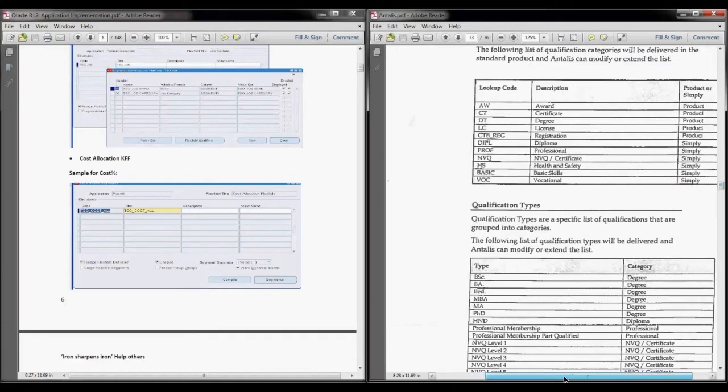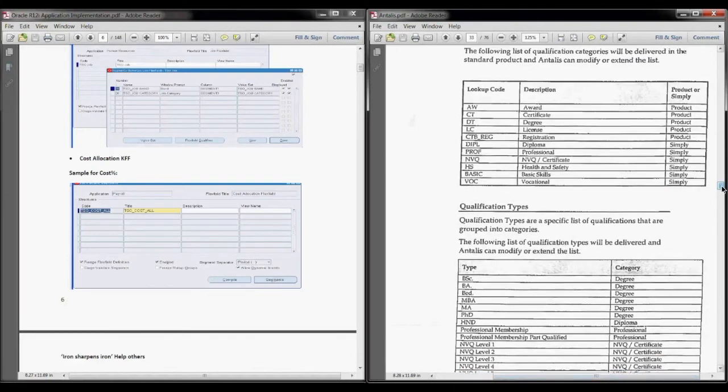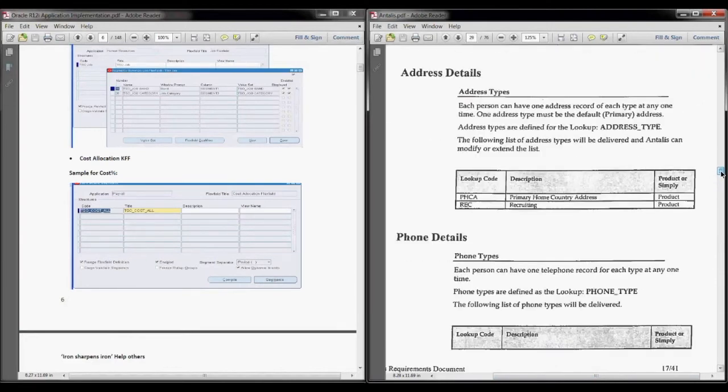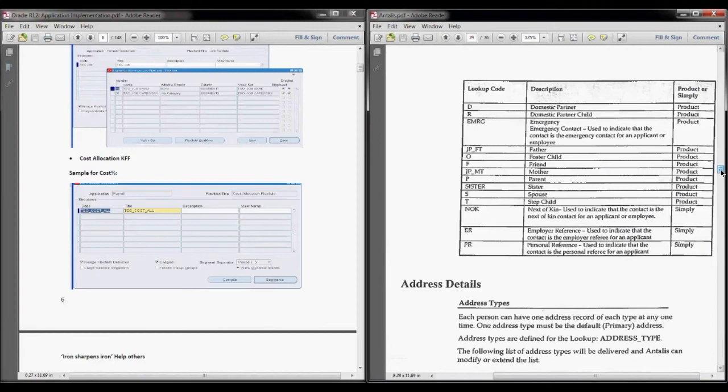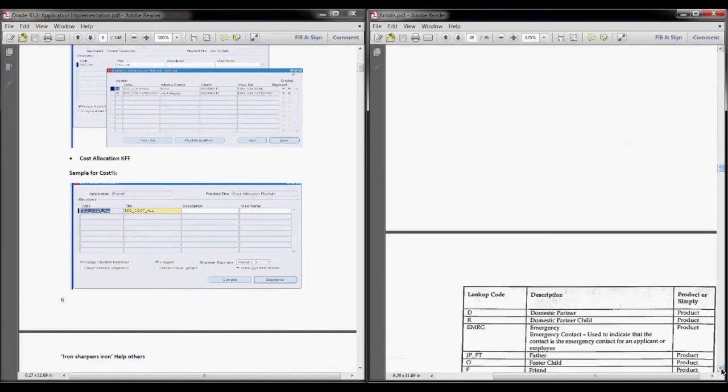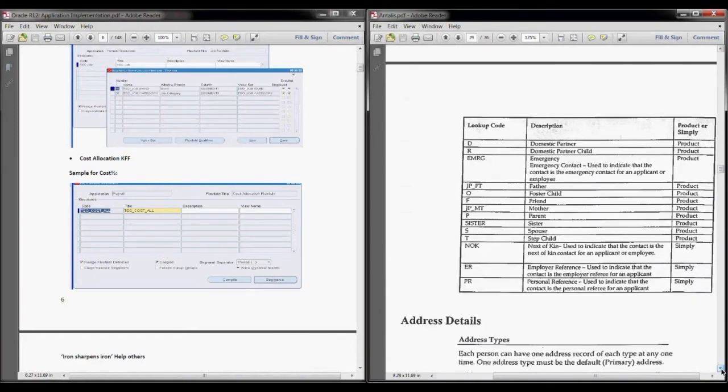So I think basically I stopped at EIT. EIT is extra information type. So now I'm not going to bore you with this document. So if you have any question, please let me know. Like I said, this document is not a set of documents. It's just a business requirements document which